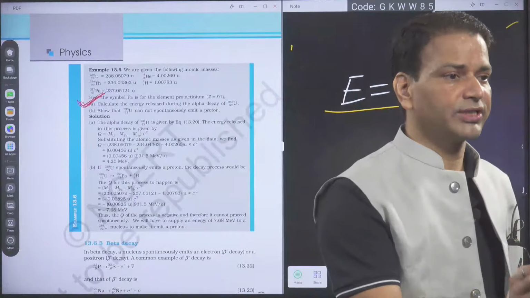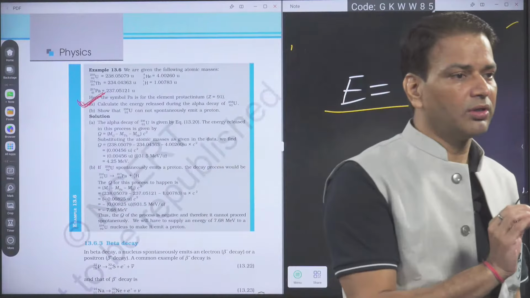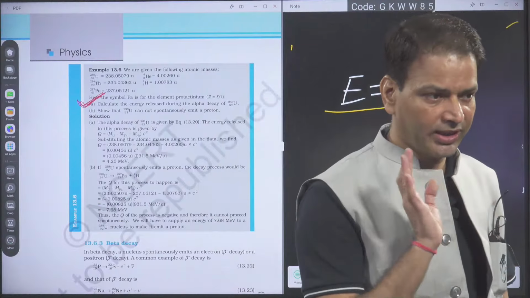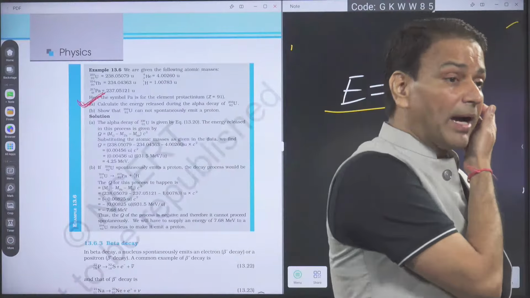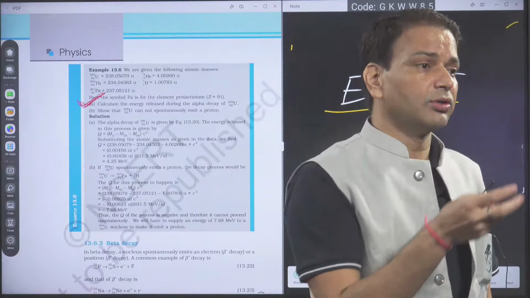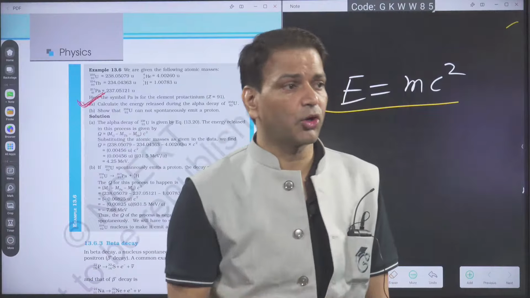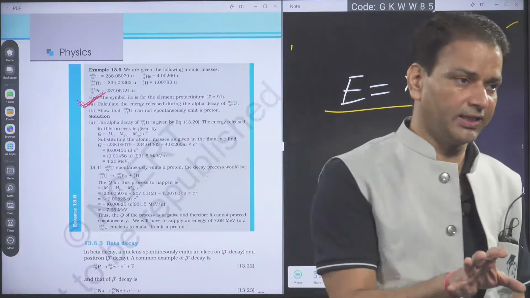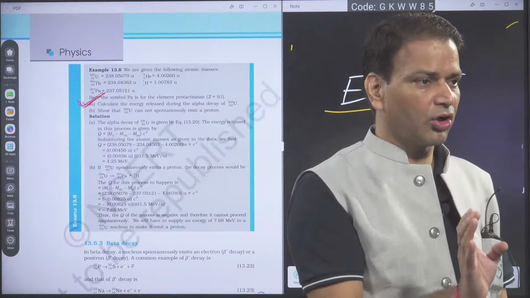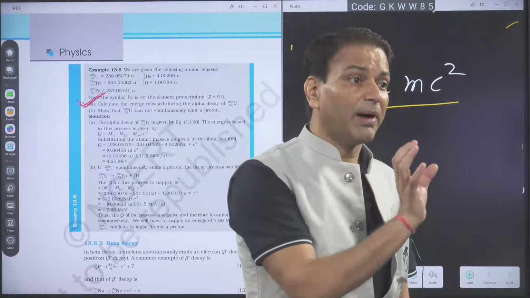So first we have to check the mass of reactant and the mass of product. If the reactant mass is more and the product mass is less, it means mass loss is there, it means energy will be released, and this reaction is spontaneous. Second thing, if they give binding energies of reactant and product, then we do the reverse. For the masses given, mass loss, reactant minus product, into 931.5, you will get the energy.